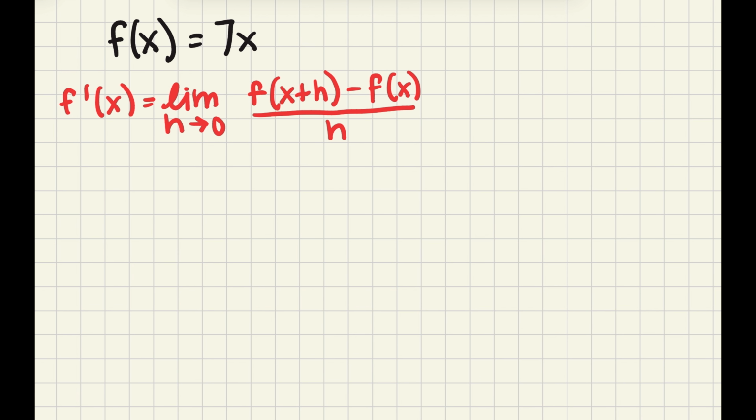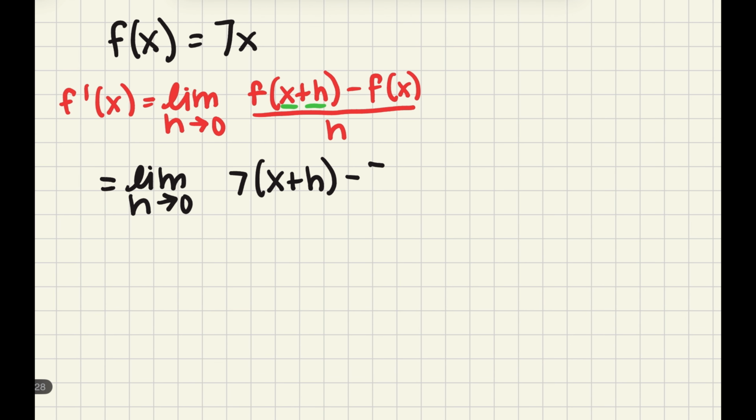Again, anywhere we see an x in our original function, we're going to add that extra h. So for this one, it's going to look like this. The limit as h approaches 0 will give us 7 times x plus h minus f of x, our original function, which is 7x,